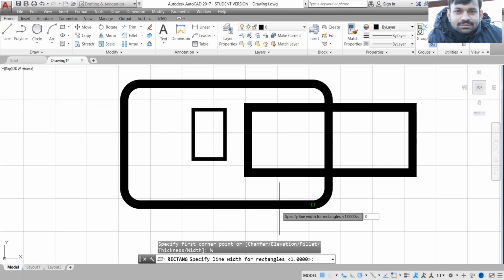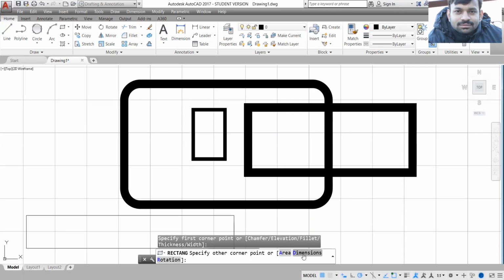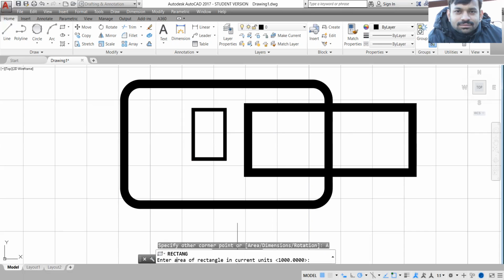Now it will draw a rectangle with regular lines. So I have specified my first point. In the previous option, we selected dimensions, so we drew with the help of dimensions. Now, if we have the area of the rectangle, then we can select area. Now it is asking to enter the area of the rectangle. Let's say 1500 units. And one side of the rectangle has to be entered.